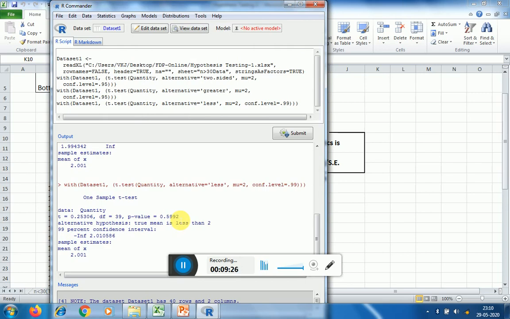This means again it provides sufficient evidence to conclude that mu is equal to 2 or mu is not less than 2. So this is how we can make the inferences based on these values when the sample size is more than 30, that is we are having a large sample.